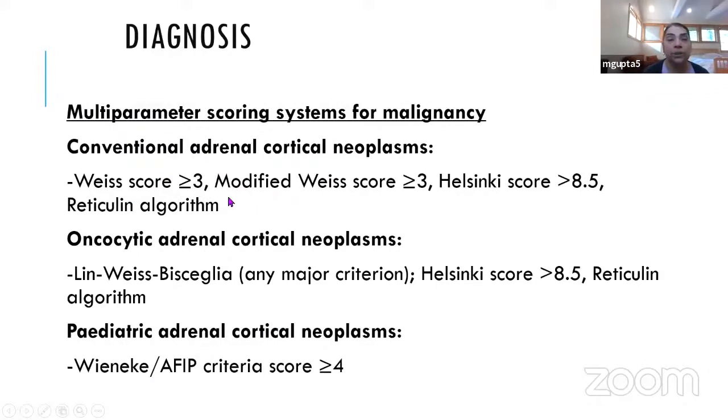So for the conventional adrenocortical neoplasm, these are the 3 or 4 scoring systems one should be using. For oncocytic adrenal cortical neoplasm, the Lin-Weiss and Helsinki criteria scoring system or the reticulin algorithm should be used. And for pediatric tumors, the Vinke criteria should be used. And these are